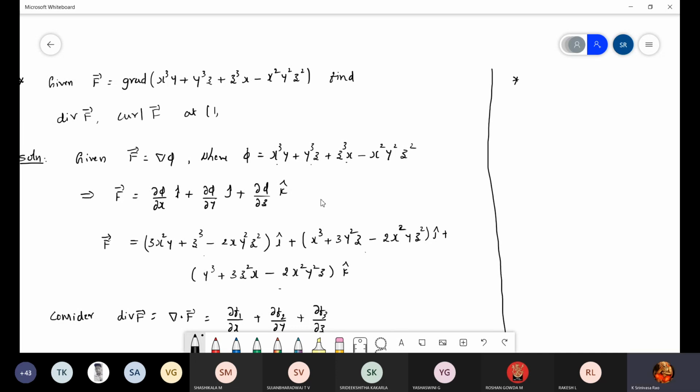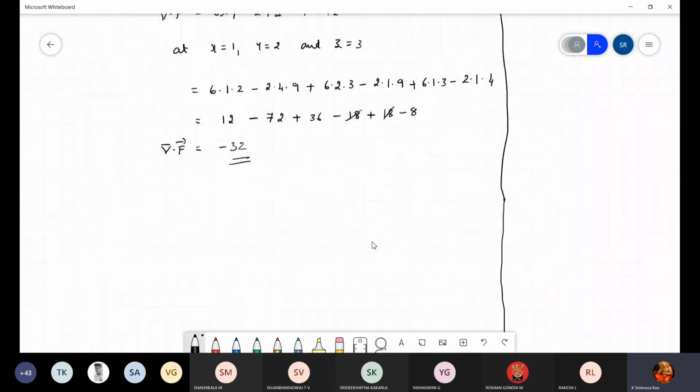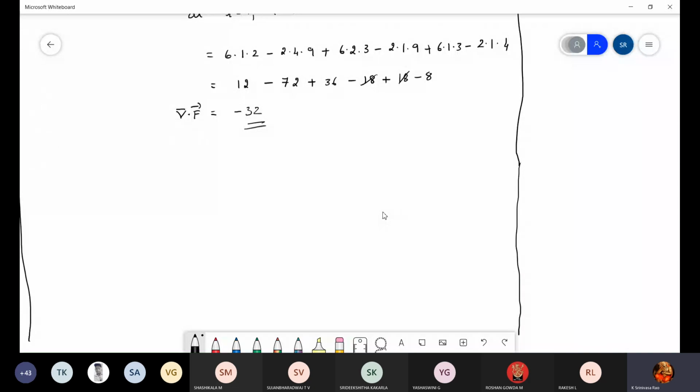Now just change the question. We will complete that. What is curl f now? It's a practice. If they ask, it is a little bit lengthy, but let me see. We can go. So now consider the same problem. Okay, we will calculate the continuation of curl f. Curl f equals the determinant of i j k, dou by dou x, dou by dou y, dou by dou z. Yes, substitute this equation.